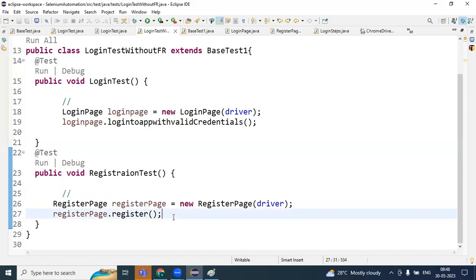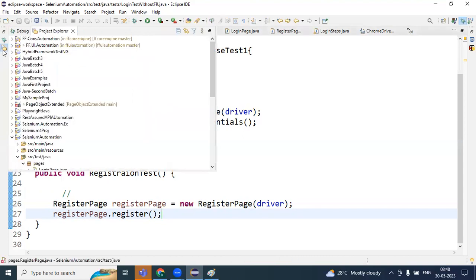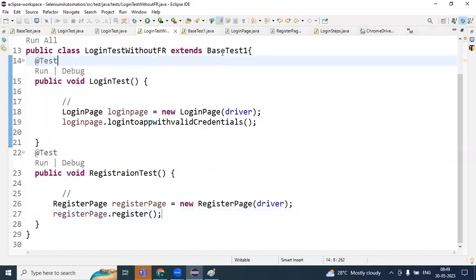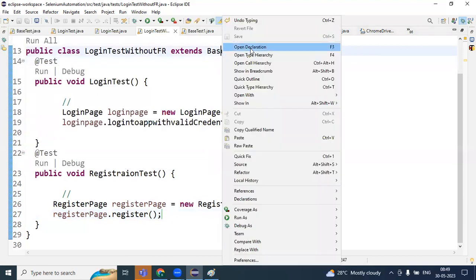So now we discussed two layers, right? Page layer and test layer. Up to this, you are okay, right? And the third layer, utilities layer. What is that utility layer? You can say it is a core engine. It is the heart of your framework. So we created all the reusable functions inside the utilities layer. For example, what is one of the reusable functions? In the base test, if you observe,